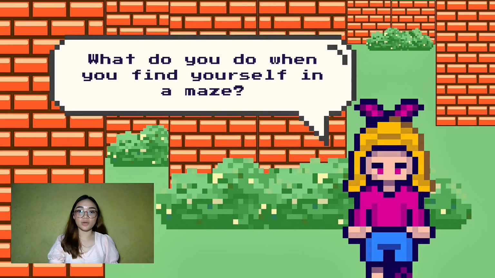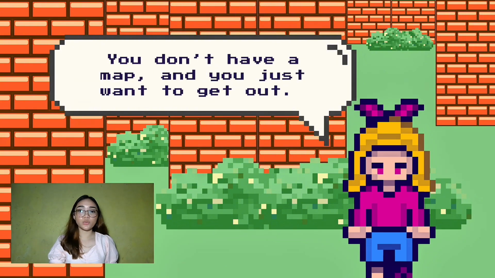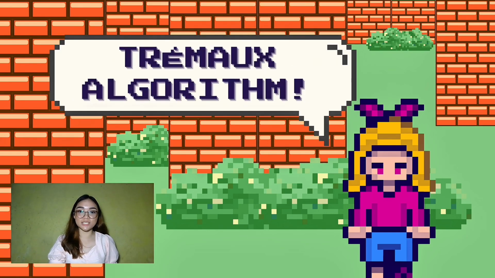What is Tremaux's algorithm? Let's start with a question. What do you do when you find yourself in a maze or an unfamiliar place? You don't have a map, you don't know the layout, and you just want to get out. This is where Tremaux's algorithm comes in. It's a way of systematically solving mazes by marking paths as we go, so we don't get stuck in loops